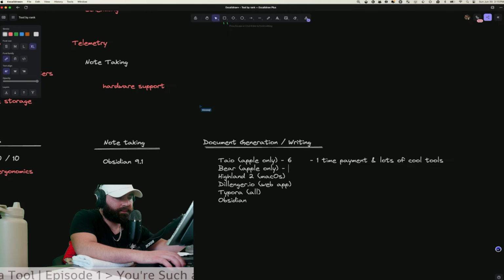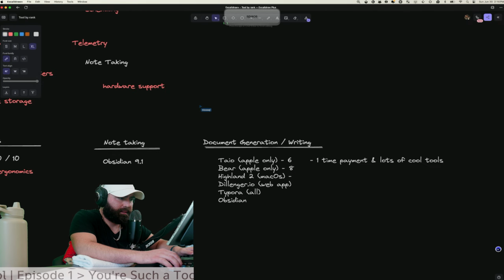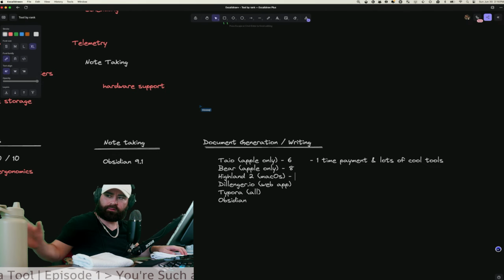Now they do give you access via an API link to your notes, and they don't store your notes. It's all local, so it's really fast and performant. Great export options, but just a little bare bones. So I'll give Bear, I think it's a good app, I'll give it an 8, and I think that'll go up if the web app is good, but it's only on iOS and Mac OS. Yeah, it's high quality, but aside from that, it's a bit limited. But it's good at what it does.